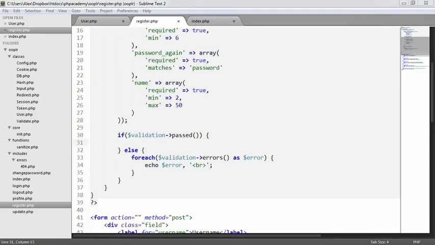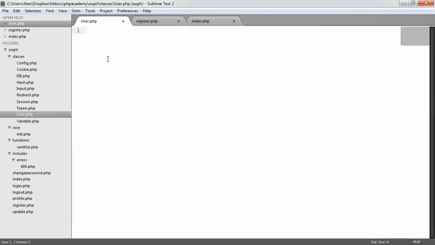Now that we have prepared ourselves well enough to be able to validate and redirect a user with a session flash message, and everything like that, what we're now going to do is actually register a user. And luckily enough, because we've done all this prep work, it's going to be extremely straightforward to actually get a user registered. So we're going to start to build our user class, which is probably the second biggest or first